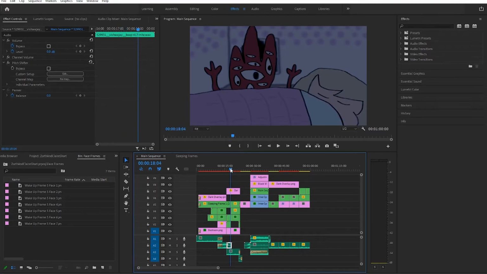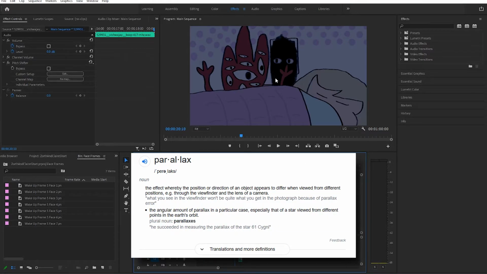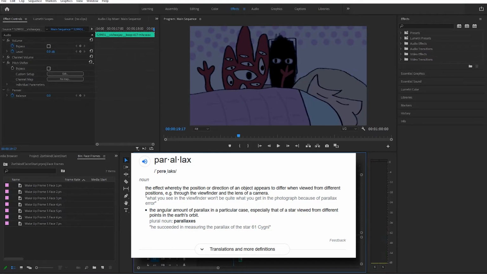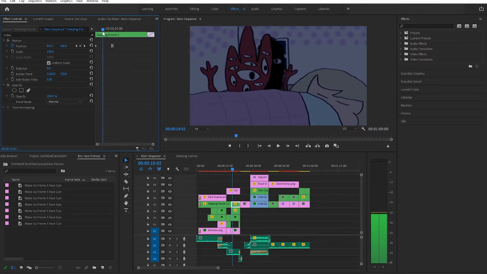The next part, this part right here where the camera, quote unquote, moves and Zorthelhead comes into frame and the background moves and all that, that's done manually. I think the proper word for nerds would be parallax, which I think is the correct word, where as the camera shifts, stuff in the foreground doesn't move as much, but the background moves a lot. The parallax effect I did here was all done manually. If I go in here, you can see on the left, that's all just keyframed manually.